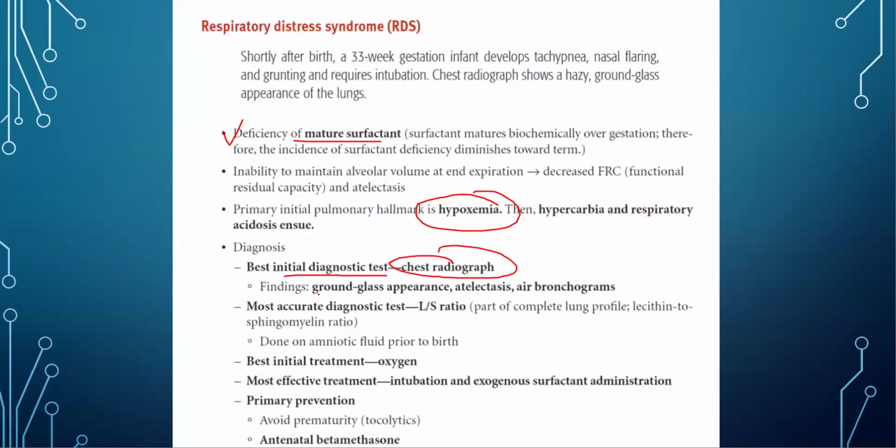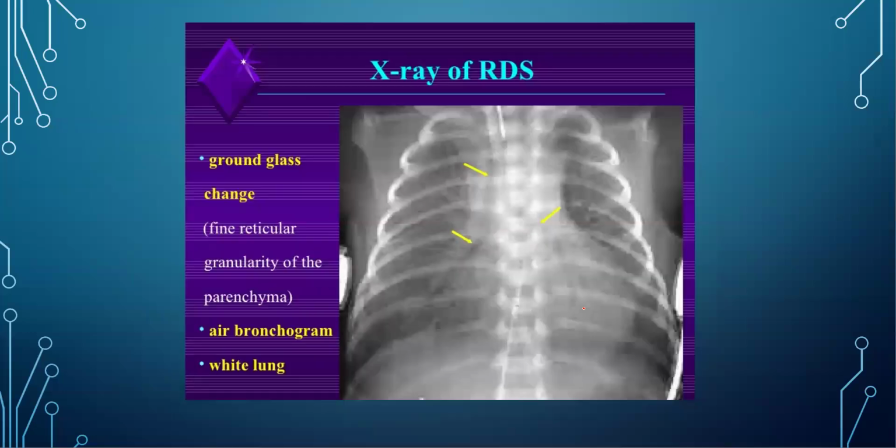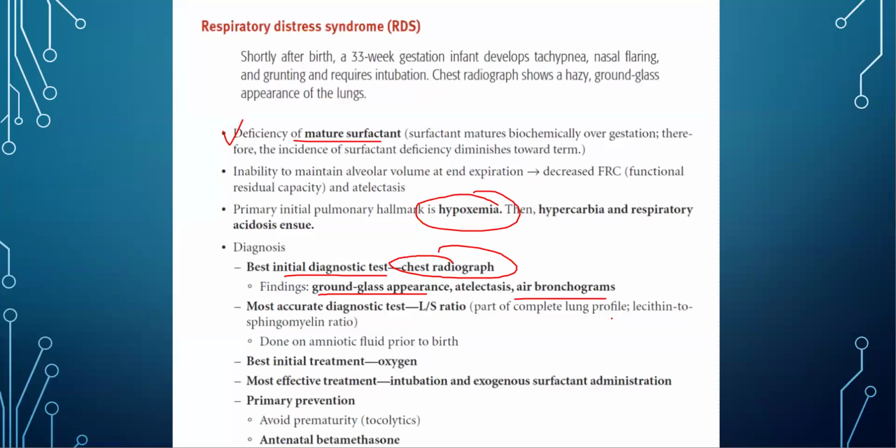And in the chest X-ray, you can see ground glass appearance or air bronchogram. So ground glass appearance means it's kind of a haziness or cloudiness on the chest X-ray. So you can see it doesn't look clear, right? It looks like a glass on the top of the lung. So this is called ground glass appearance. Sometimes you can see this kind of air bronchogram, as you can see this line over here. So you can see this kind of air bronchogram, but mainly hazy or ground glass appearance is the main finding